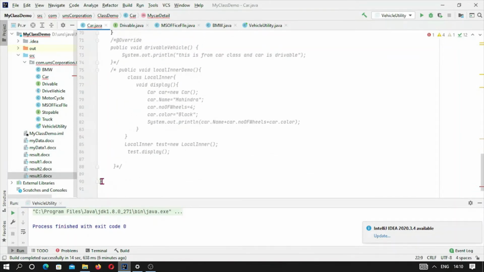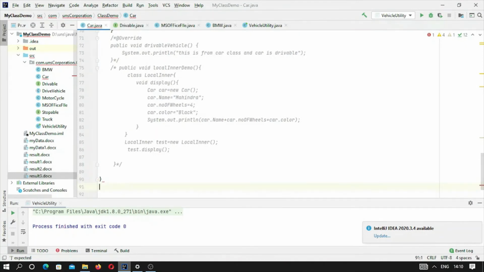Here the paragraph is. Okay, now we are not reaching up to the outer class, so this will.